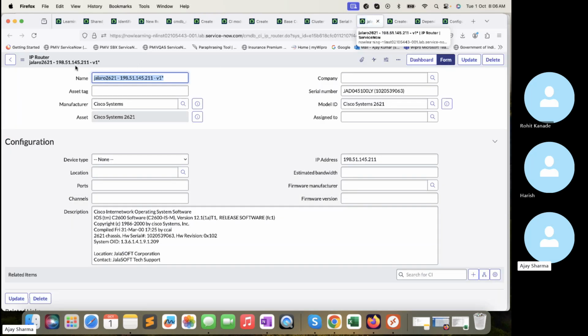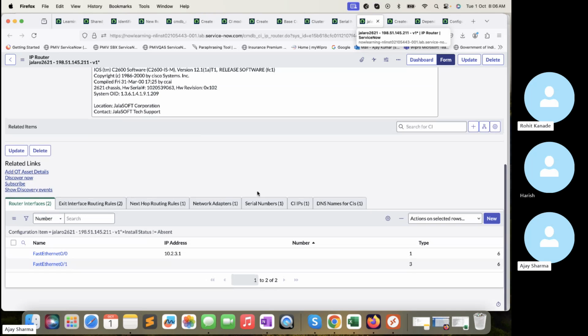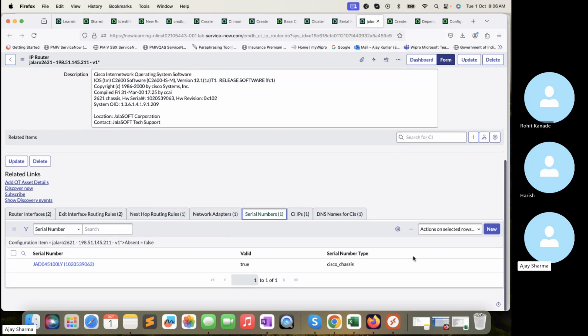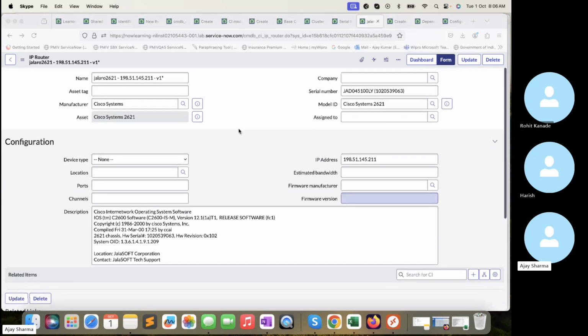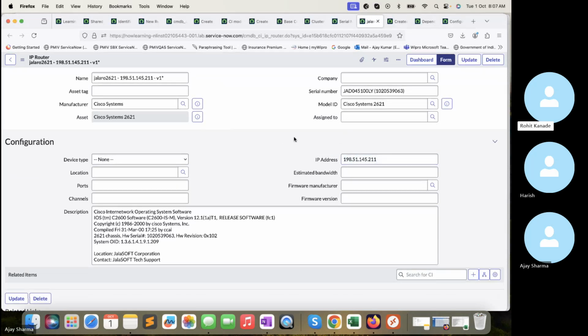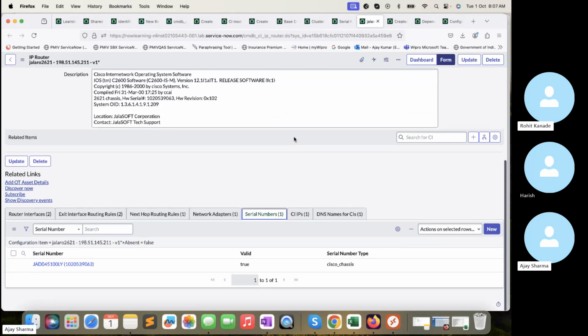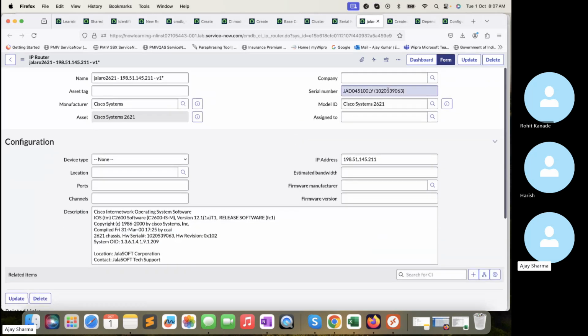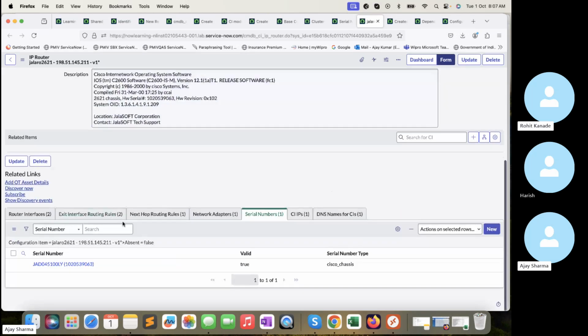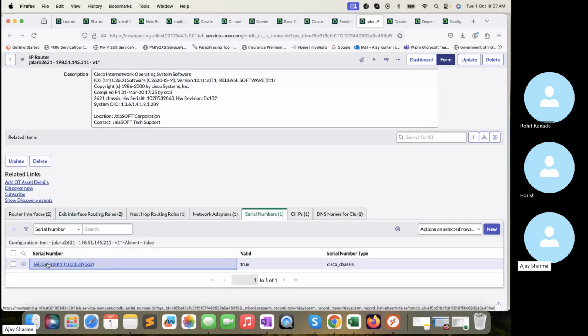If you see, it's a router, and in the router we have the serial number type, right? I think that is the one we discovered yesterday. Now I will do this, and you can also try it at your side. Just change the serial number of that particular one, and change the serial number of this one as well. Just save it and rerun the discovery. It will create a new record immediately